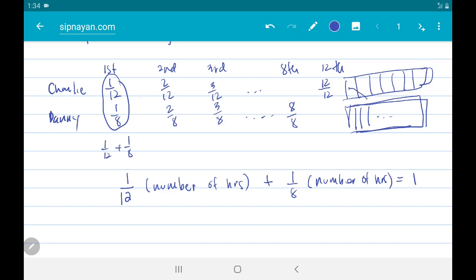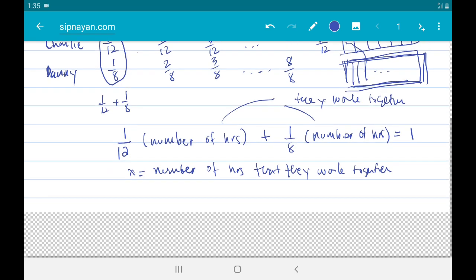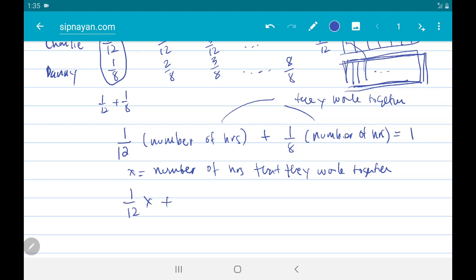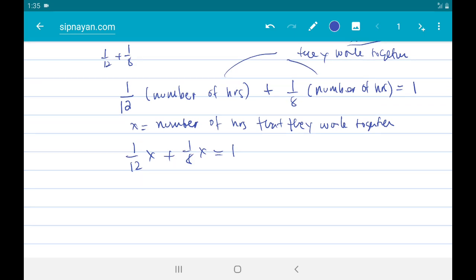When we combine the two, of course they finish the job faster because they work together. If we let x be the number of hours they work together, which is also the number of hours each works since they started at the same time, the equation is 1/12x plus 1/8x equals 1. Again, as I said in previous videos, when there is a fraction,